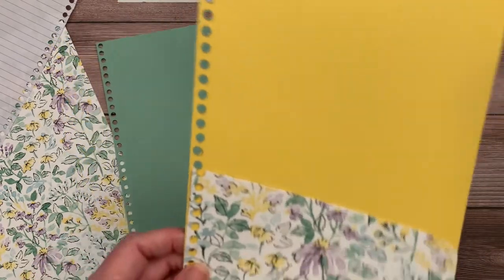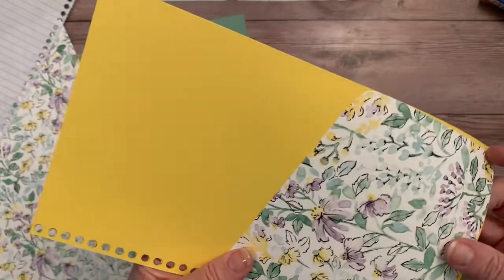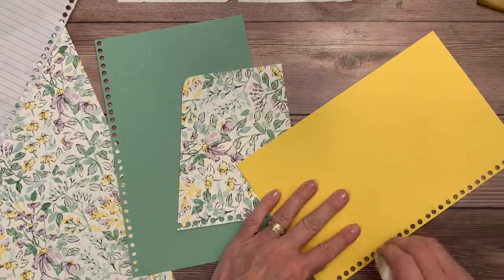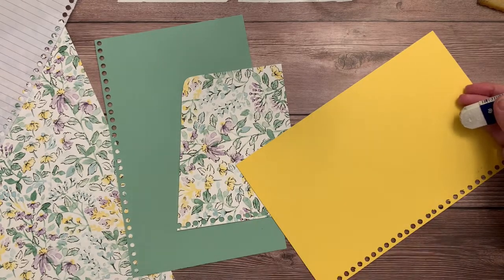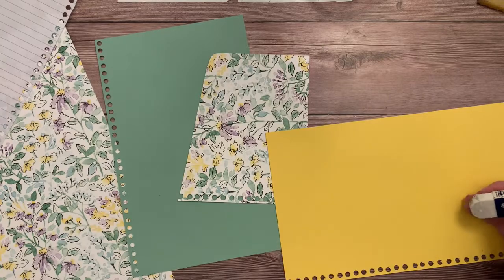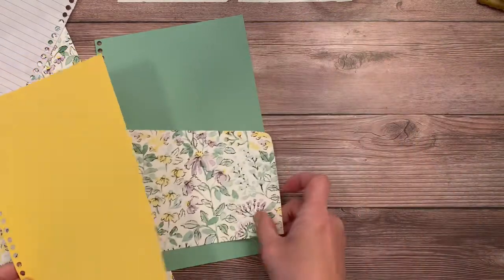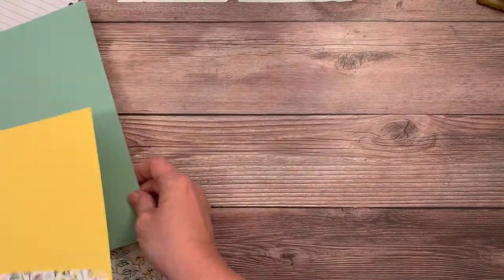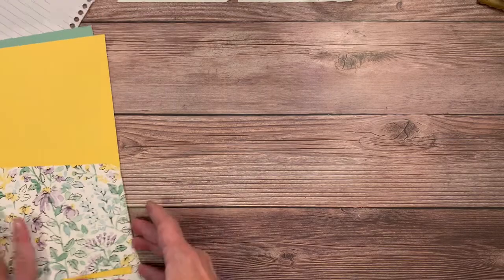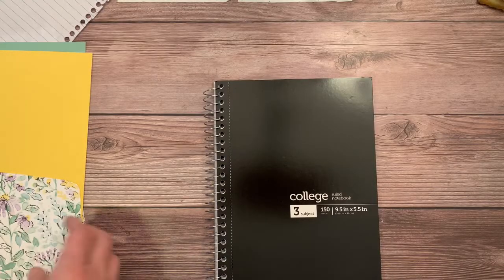Now you will notice that on this one is where I marked with the pencil, and so I'm going to go back and just use an art eraser and just give it a very gentle scrub across the top to get rid of those pencil marks, and then that is all cleaned up. All right, at this point I am ready to start applying some of these things to the notebook. And I will bring it back and start with the front cover,